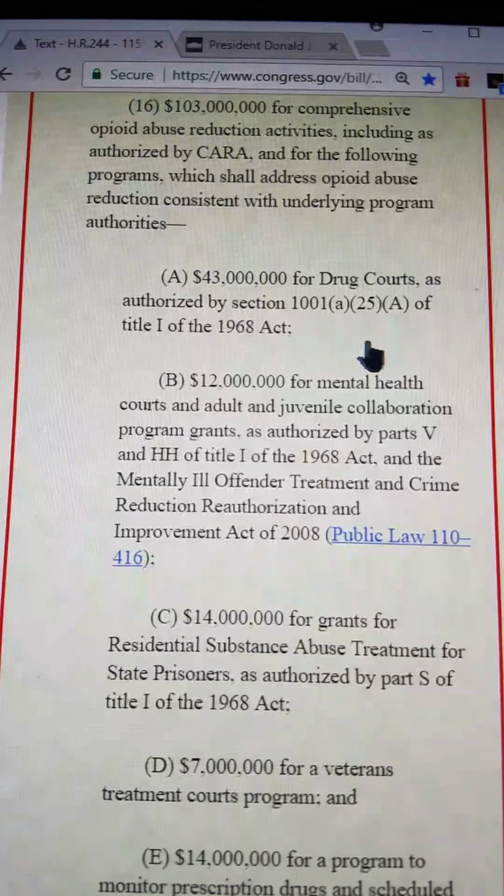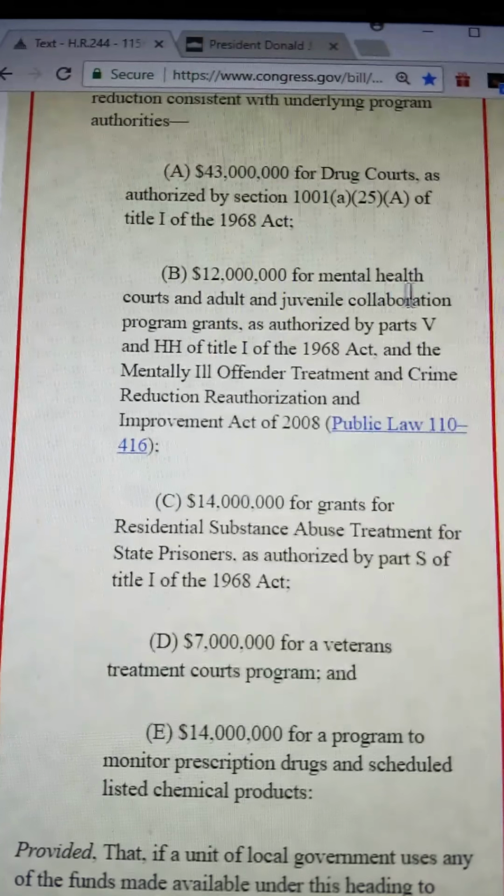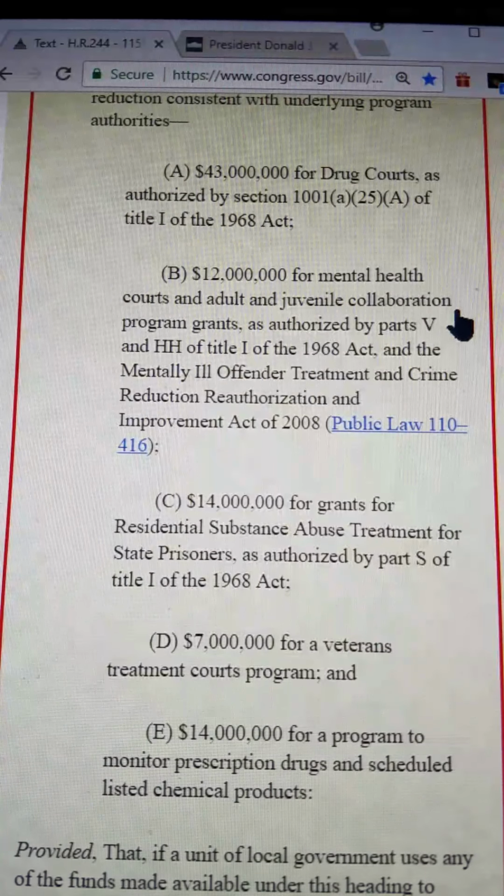$43 million for drug courts as authorized by Section 1001(a) of Title I of the 1968 Act. $12 million for mental health courts and adult and juvenile collaboration program grants as authorized by Parts